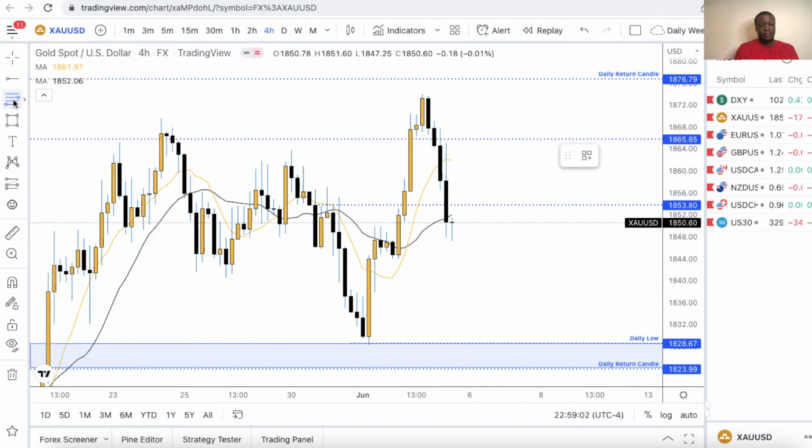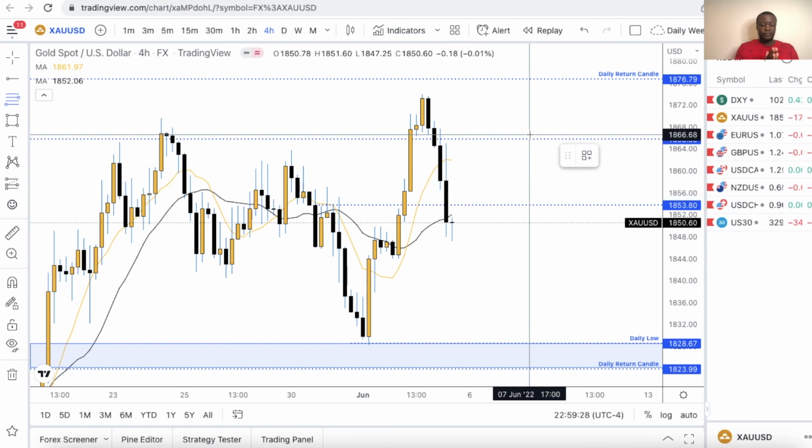So once again, I'll say it again. In an uptrend, you want to wait for the market to retrace back down to enter. In a downtrend, you want to wait for the market to retrace back up to enter. And then all you're simply doing is where you'll take profit at